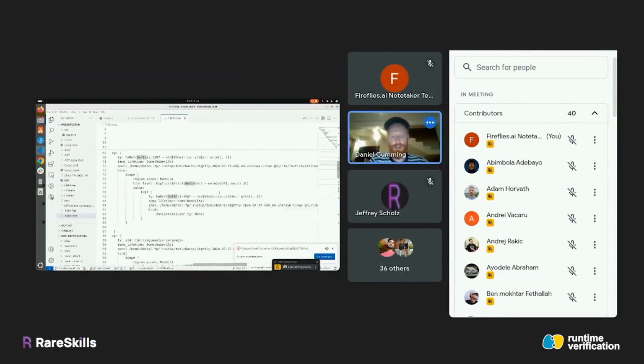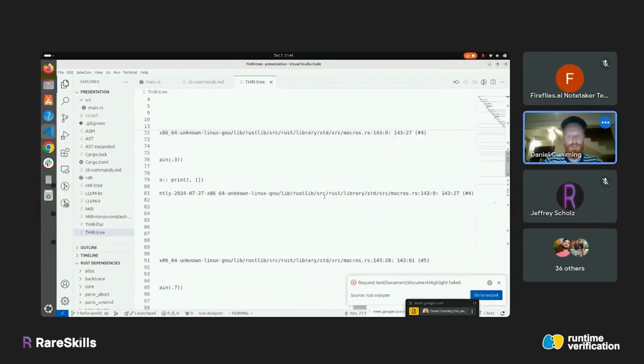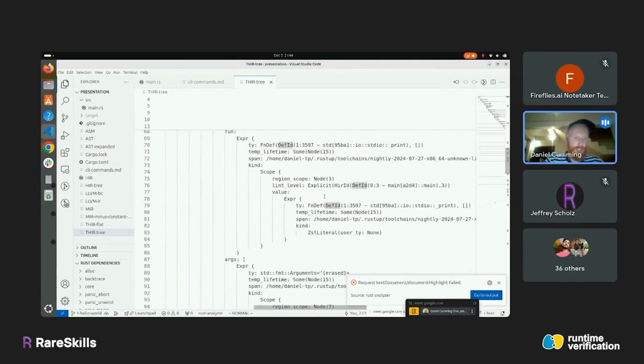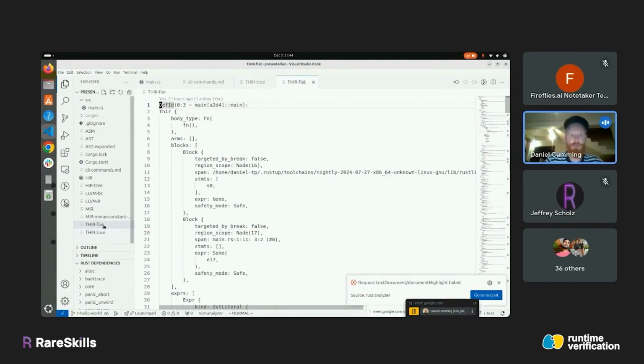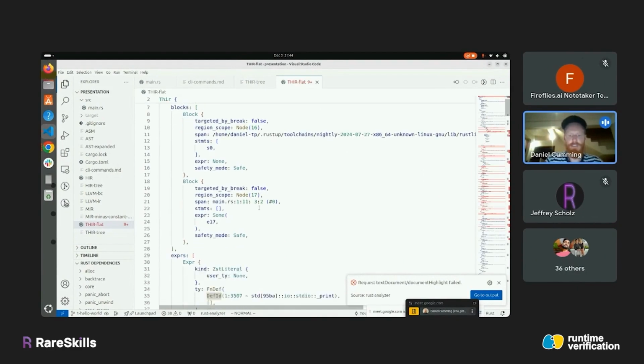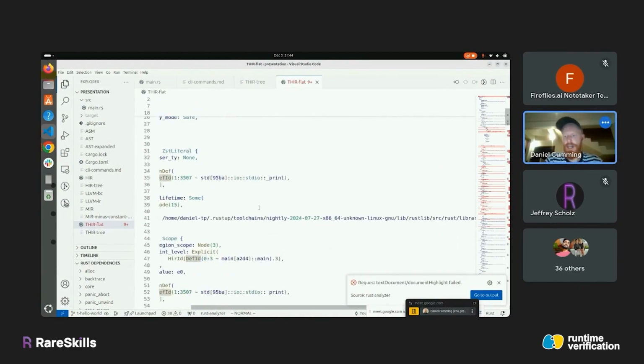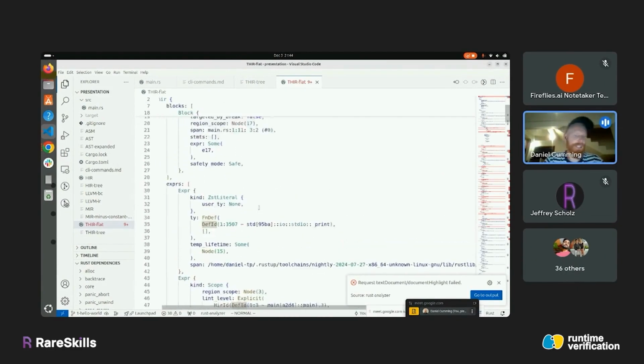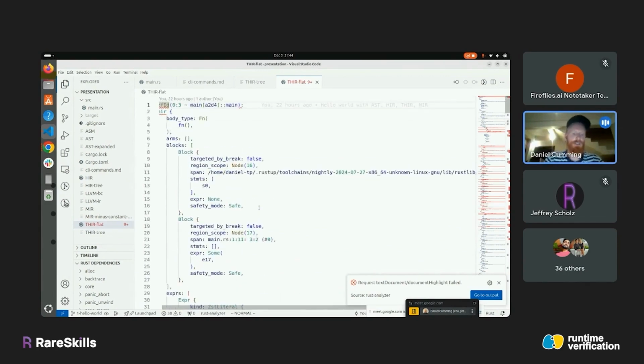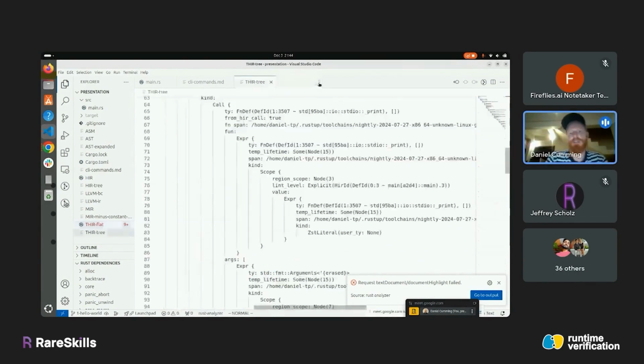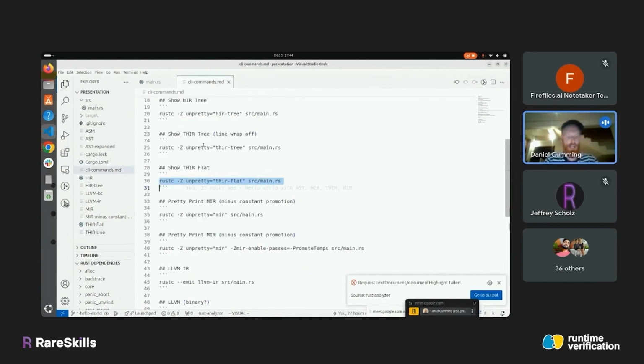I'm sure there's lots of information in there if you're someone that's familiar with reading this stuff, and there's a flattened version of it here. This is a look at what it looks like, but the important thing is it's used for rounds of analysis,